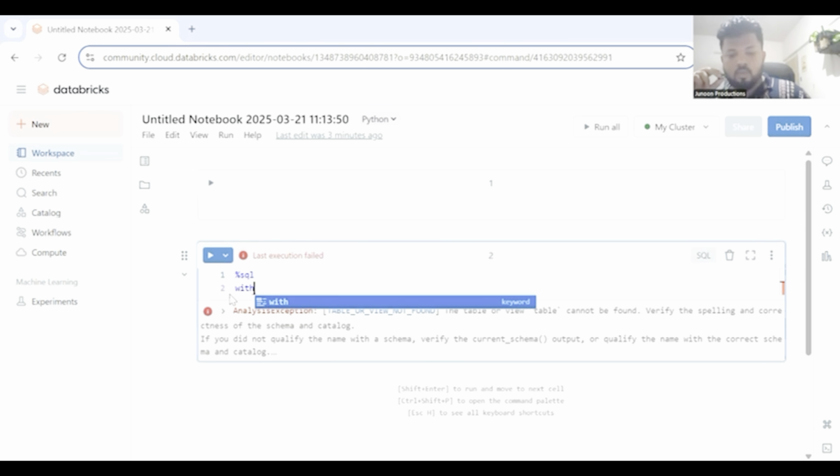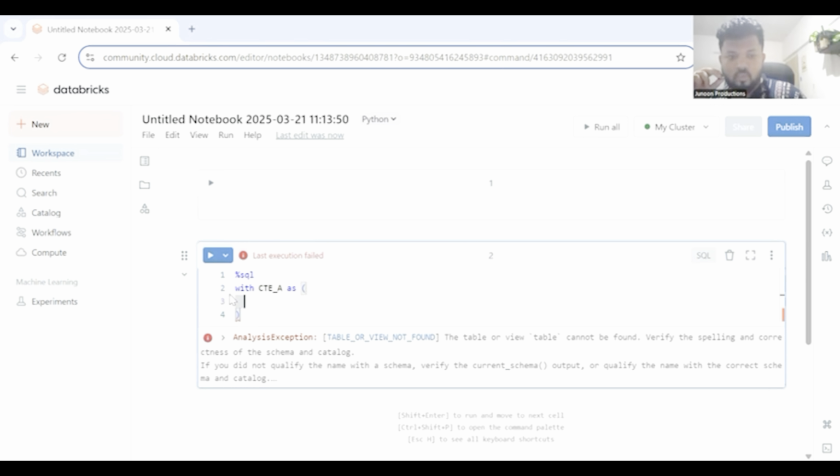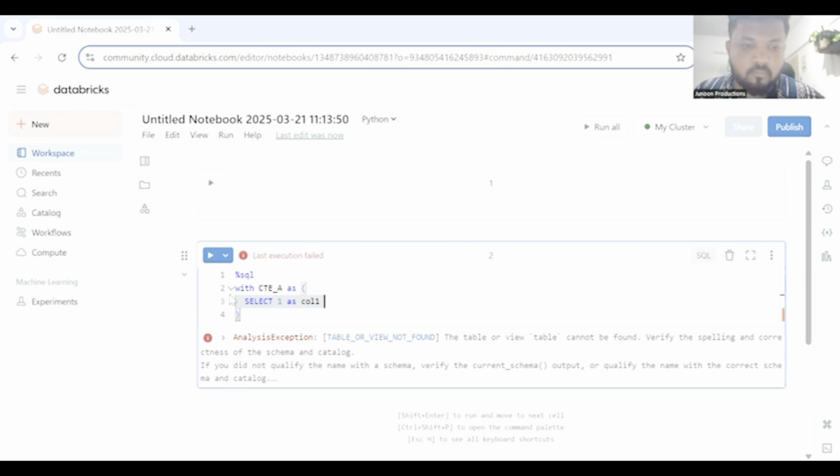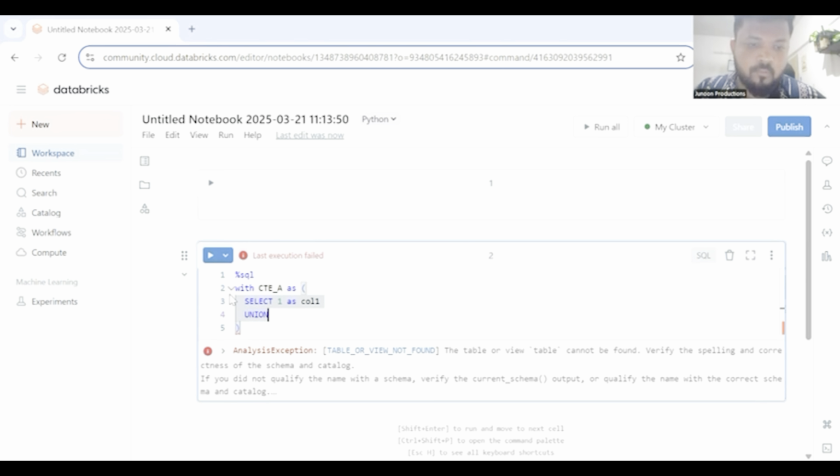I hope you are all aware of the CTE concept, common table expression. So, CTE as select. I'll be typing all the information. Select one as col1, union